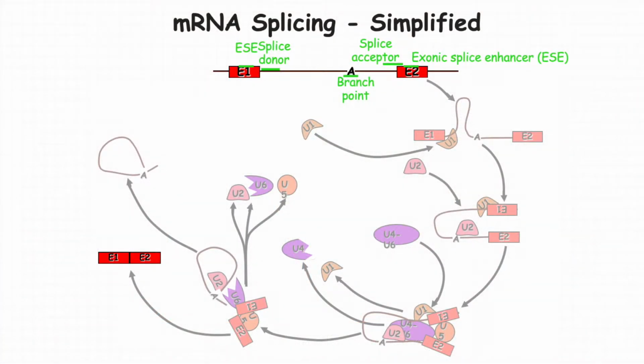So messenger RNA splicing is quite a complicated process. This is a simplified slide, but it's actually not simple. Many proteins and RNAs are involved. So basically, we can target several sites in exons or sometimes introns. So we can use antisense oligonucleotides to target exons. It's called the exonic splice enhancer site in exons. So we can block the interaction between messenger RNA and the spliceosome. These complexes are called spliceosomes, and that leads to skipping of certain exons.